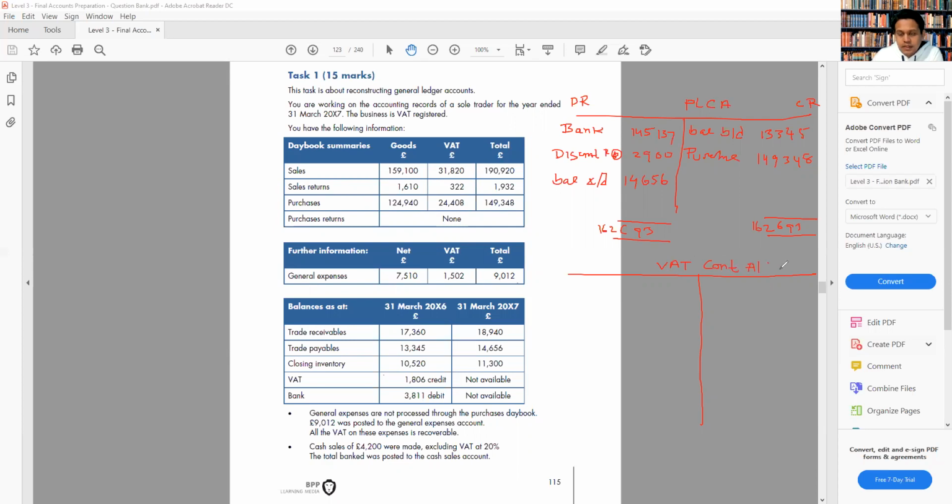Now the VAT control account, we need to look at the opening balance first. What is the opening balance? Because opening balance will tell us what will be our starting balance. So you can see the VAT, we have opening balance 1806 credit. So you're going to write balance BD